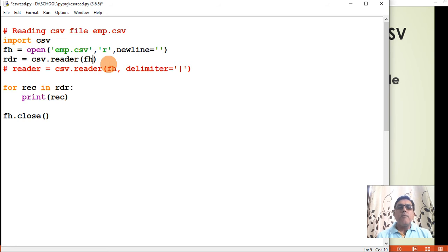Now my CSV file was delimited with the default delimiter, so I have not given a second argument here. If you have to give the delimiter also, you can specify the delimiter in this reader method itself.